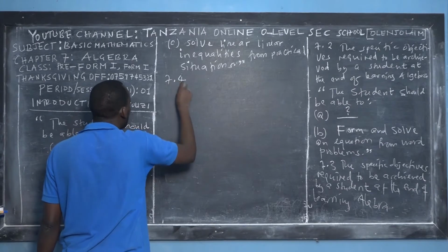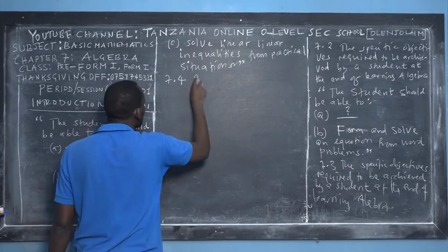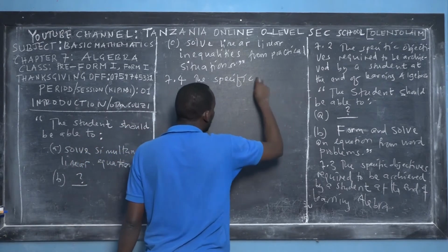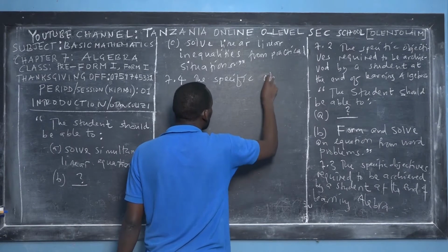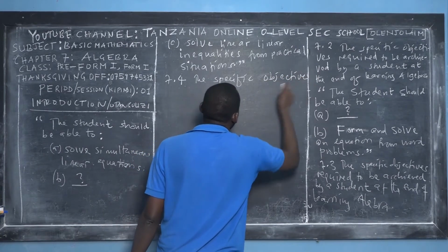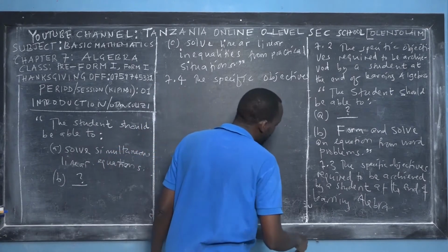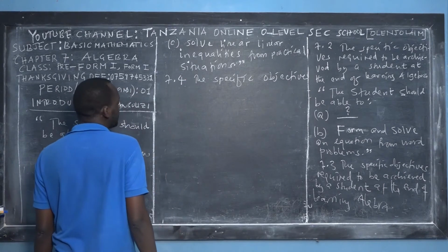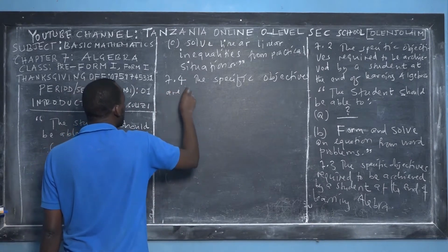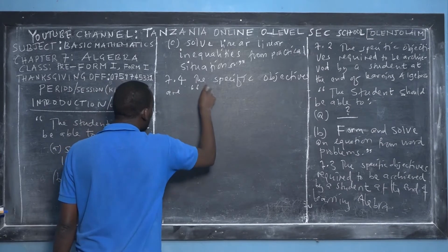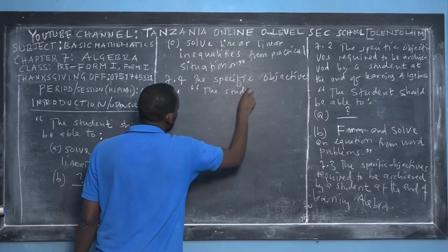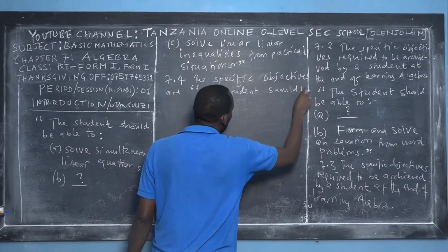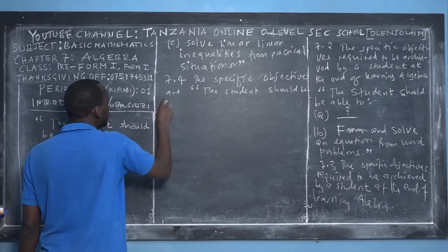We go to 7.4, the specific objectives for this. Okay, you have to copy the way it is there. Copy this sentence the way that you have written here. I'm writing just in brief. The specific objectives are, I quote, the student should be able to